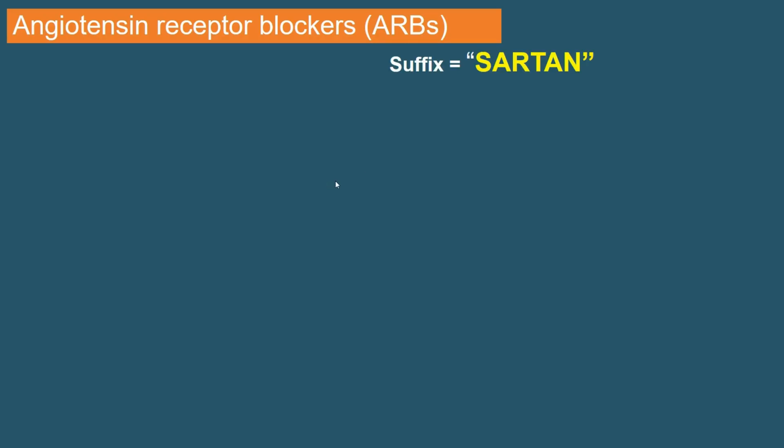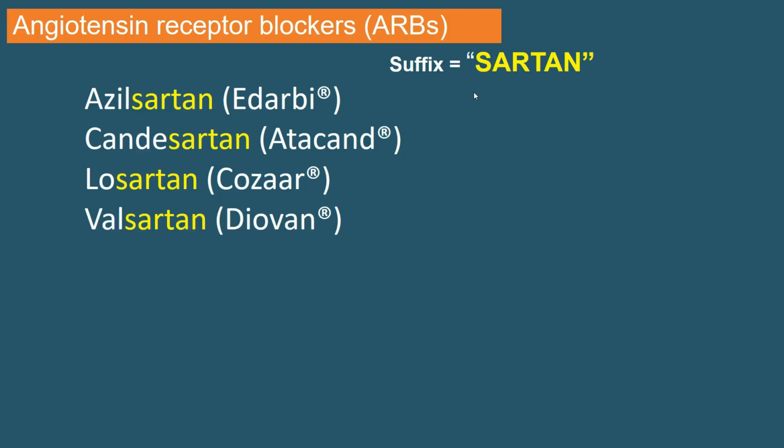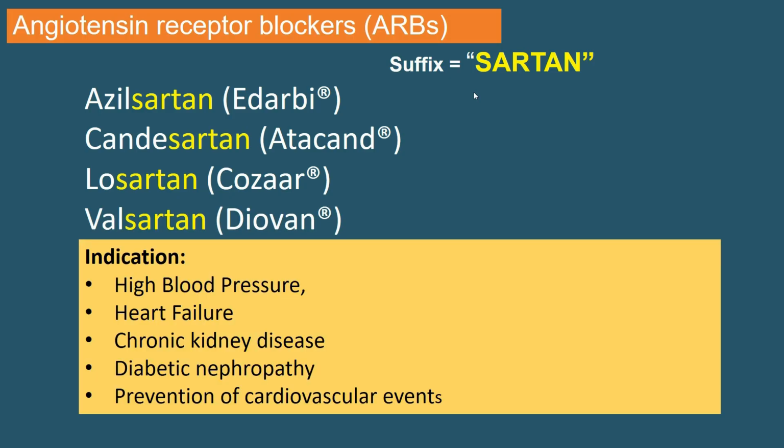Angiotensin receptor blockers, all their suffix is sartan, like azilsartan, candesartan, losartan, which is brand Cozaar, valsartan, and others. Primarily, ARBs, angiotensin receptor blockers, have the same clinical use as angiotensin converting enzyme inhibitors. So ARBs are used for high blood pressure, heart failure, CKD, diabetic nephropathy, and also prevention